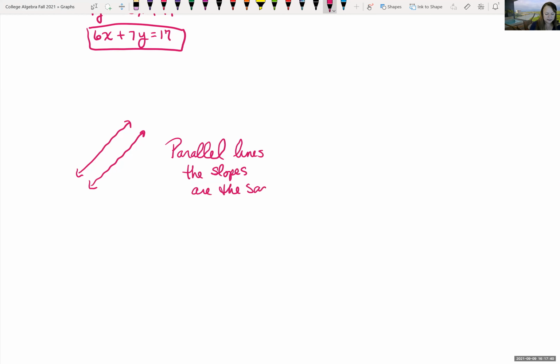If they're perpendicular lines, that means that they're intersecting at a 90-degree angle. So you may have something like this. Recall back in geometry, or we actually looked at it before, right angles were denoted by that kind of square in the corner. If they are perpendicular lines,